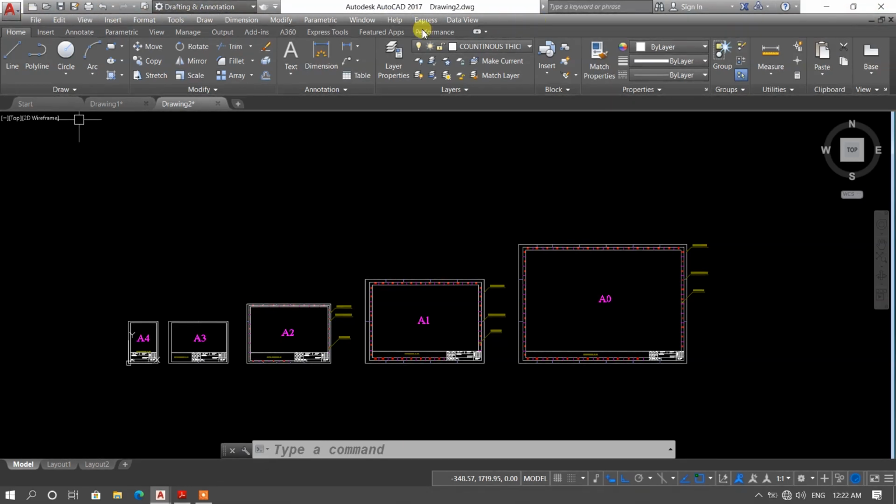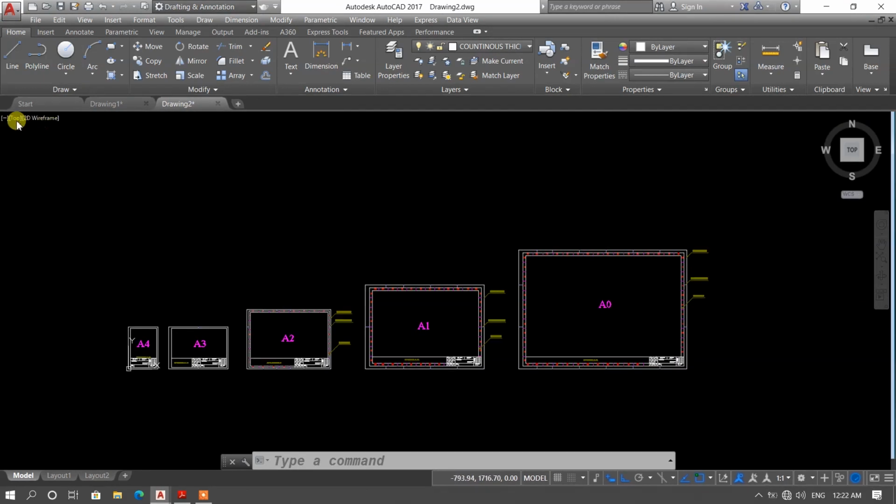This is a menu bar. This is a ribbon. These are the file tabs. This is a viewport control. This is a model and layout tab. This is a command line or we can say command window. This is a status bar. This is the symbol of workspace switching.